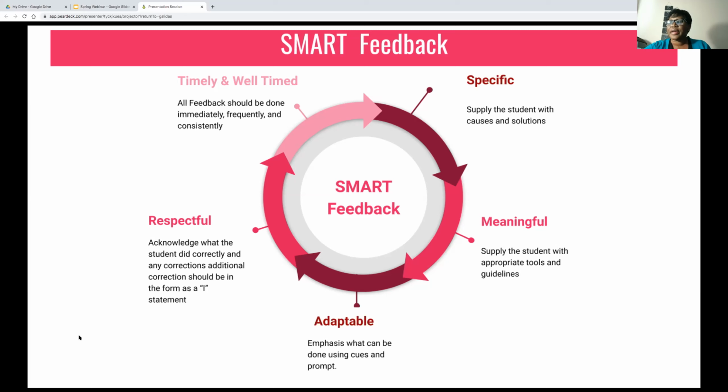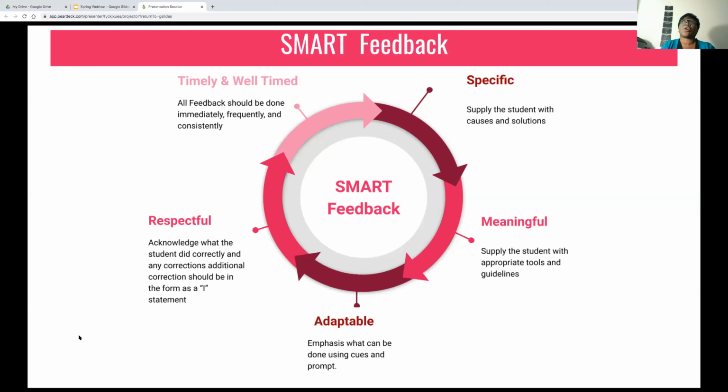We want to be specific and give specific directions to the student. We cannot just say, oh, correct, this is right, this is wrong, good job, and just leave it. Instead of focusing on the mistakes, we can provide steps on how the student can improve so that the student can visualize the desired results that the teacher is seeking for the student to reach. We should make sure that the feedback is meaningful.